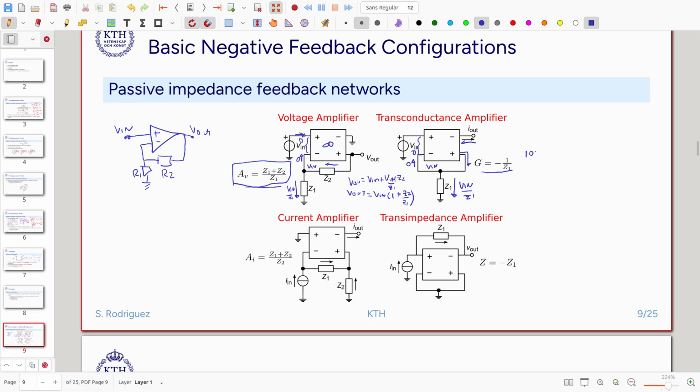So it will be that E out divided by V in will be equal to minus 1 divided by theta 1. Okay, we have also the current amplifier here. Same situation, we have an input current, and this voltage is equal to 0 volt, voltage difference here. There is no current flowing in this direction. All this current is going to flow like this and produce a voltage difference here, and then we will